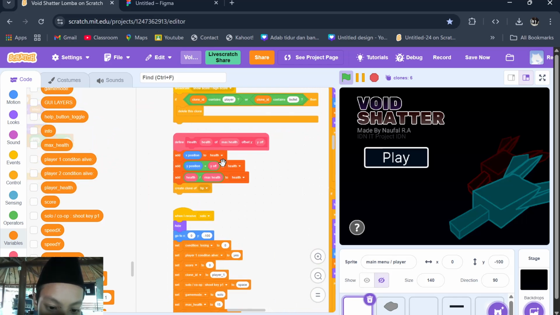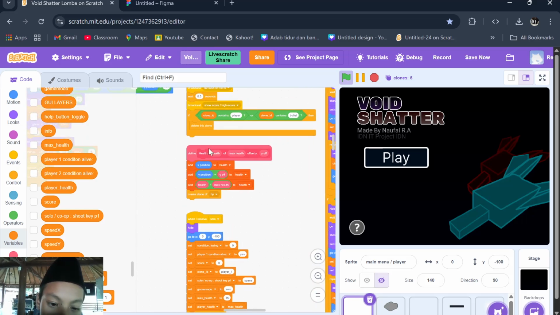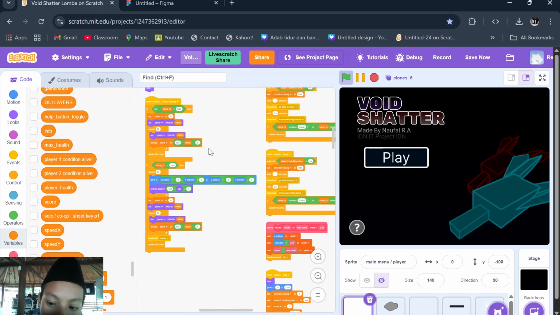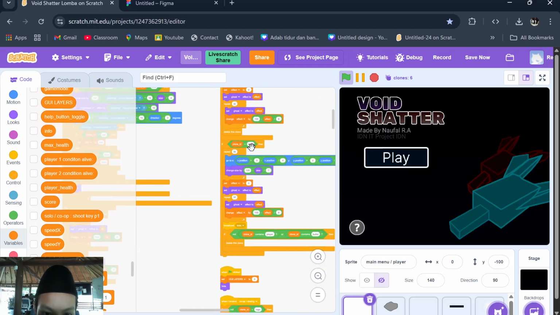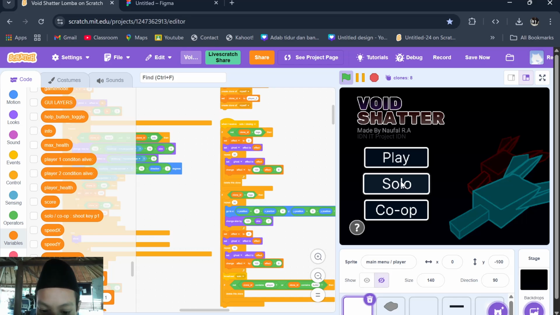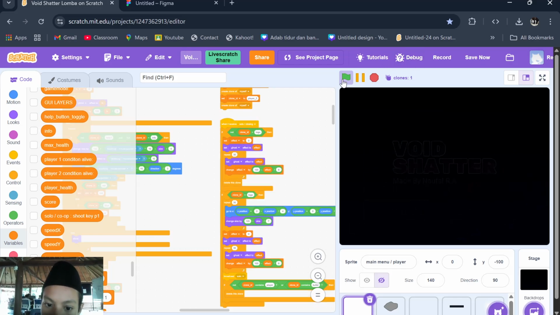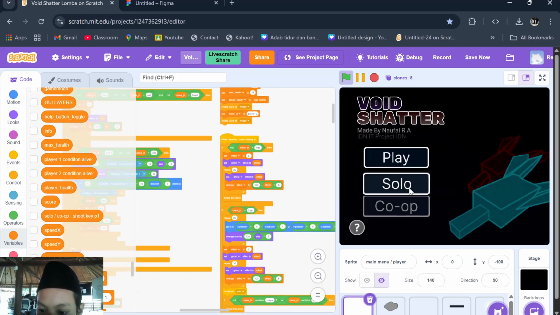Now there is another. This is for making the halt for the player. If you don't put this, you cannot put a halt on top of the player. Above, this is when closing, so it makes a transition like this. When you click solo, it will make a transition.